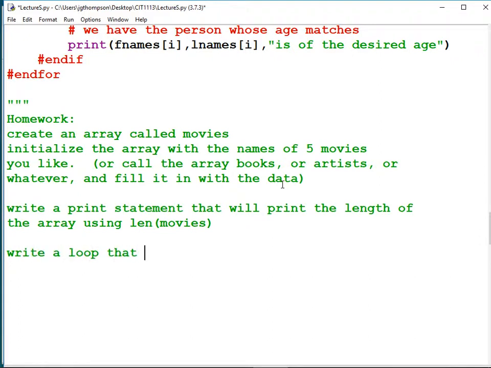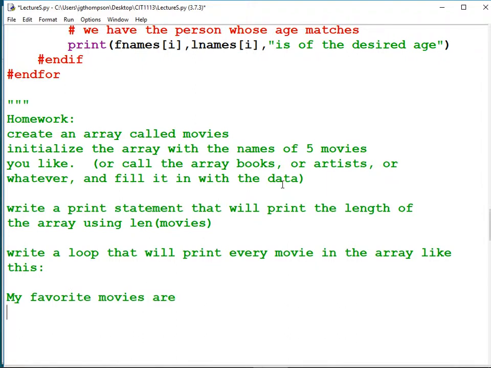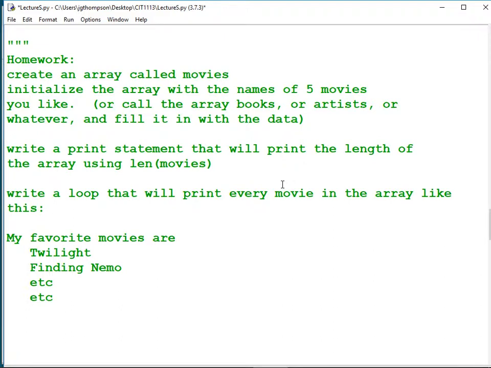Write a loop that will print every movie in the array, like this: My favorite movies are, you know, Twilight, Finding Dora, or Finding Nemo, whatever, etc., etc. So that's pretty short, but I think that we're okay there.